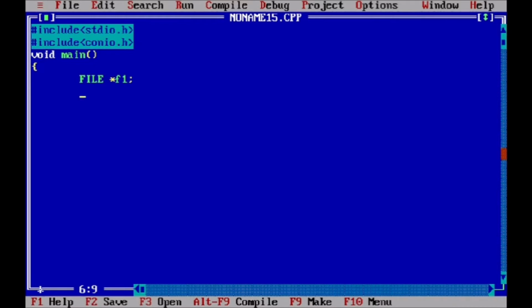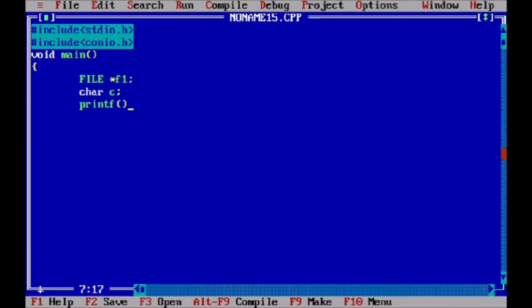Now we want to read from the file and write to the file, which we can do using getc and putc. First we define a character c.